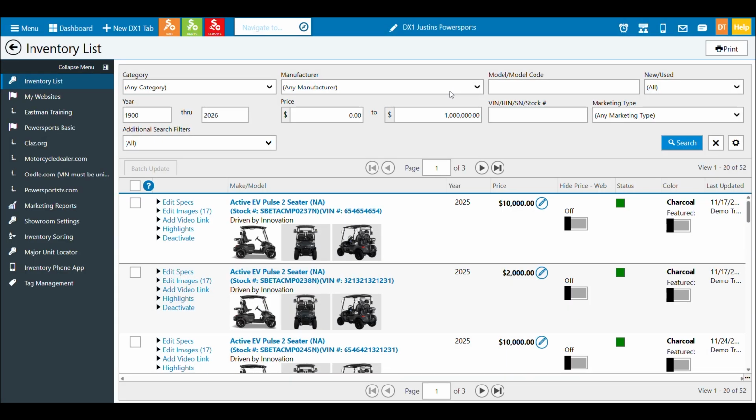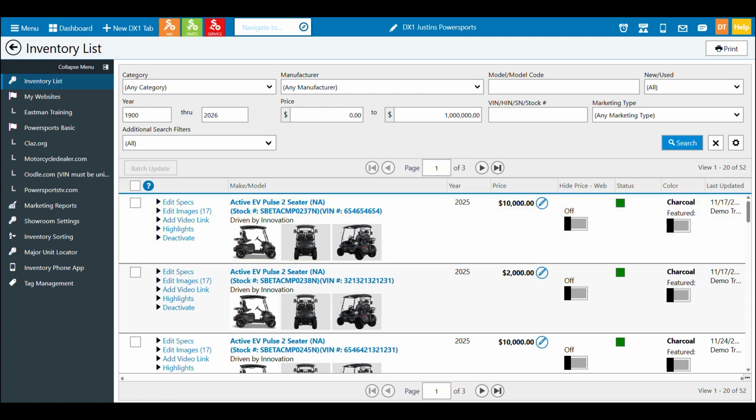In DXPO, we've already seen under major units, we have major unit management. It's where we go and we add in our units when we use a DMS. And once those units get in, they get sent to a destination automatically. And we saw how it'll show pictures and information that may have been added to the model data for the listing. When I come to my inventory list here, what this actually does is show me those same amount of inventory, but it lets me see details about the actual listing, not so much the unit.